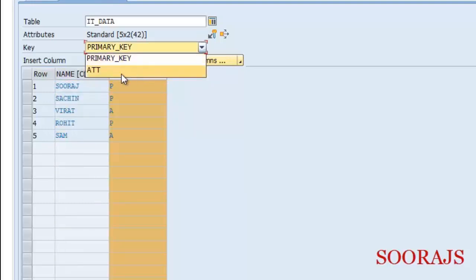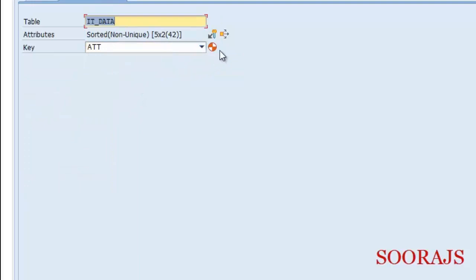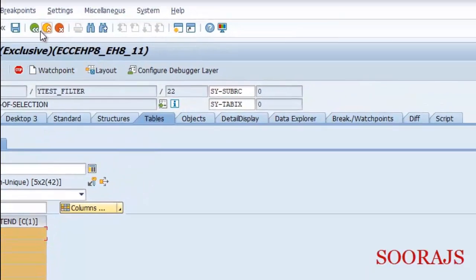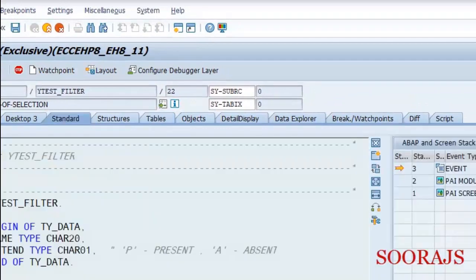Now I also have a different key. This is the secondary key which I have created, a sorted key. Now you see, Suraj won't be the first one, because it is sorted using this key, attend. So Sam came first now. I'm using this key when I'm filtering. So basically it is equal to using a sorted table, doing the same function here.